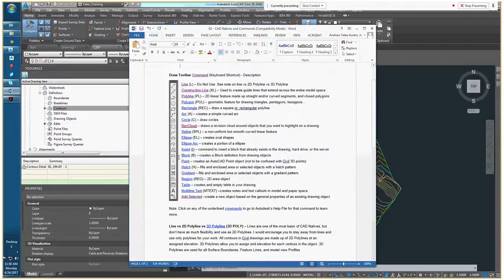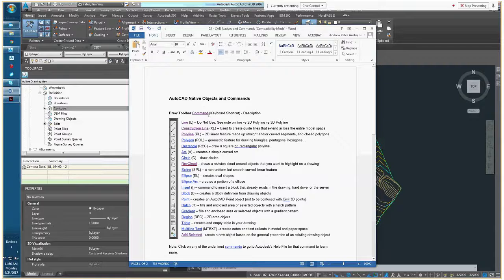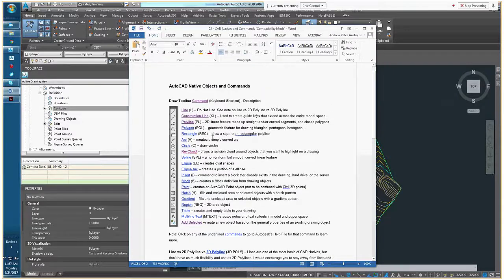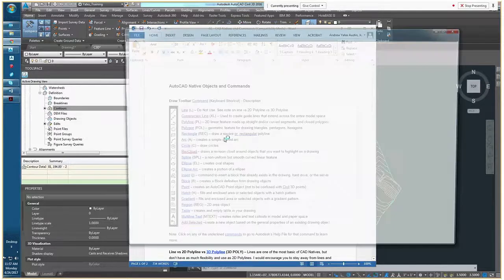But it also gives you what the command is called, what the icon looks like, and the keyboard shortcut for each command. I highly recommend people memorize a few of these. I don't use keyboard shortcuts for everything, but it can be very helpful and much quicker to use keyboard shortcuts. There's a brief description of each command, and each command is also hyperlinked to the online help file